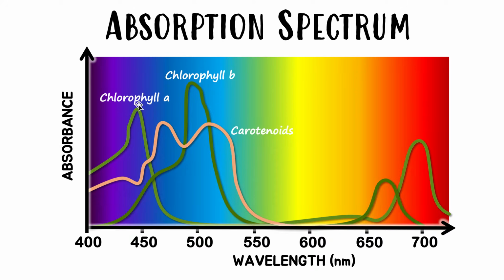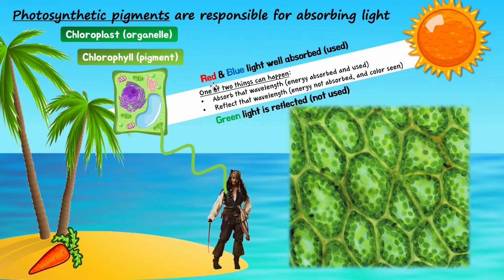So we can see chlorophyll, this pigment, chlorophyll A and chlorophyll B, they're both chlorophylls, they absorb pretty well in the bluish purple area, and pretty well in the red area, but they absorb very little in the green area. So all of the wavelengths that are here, red, orangey, are absorbed well, and the ones that are bluish purplish are absorbed very well, which is why I said here red and blue light is well absorbed by this chlorophyll pigment. So the red and blue light is what will be used to split apart that water to do the photolysis. Green is reflected, it is not used at all. It is not at all used to do photolysis.